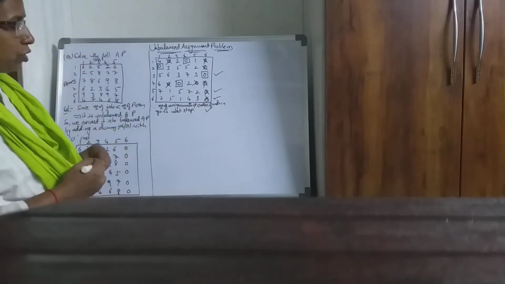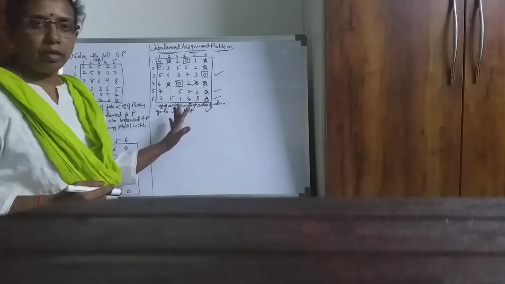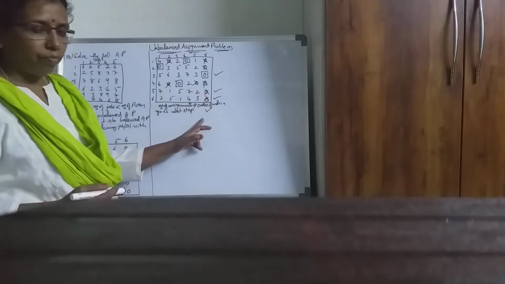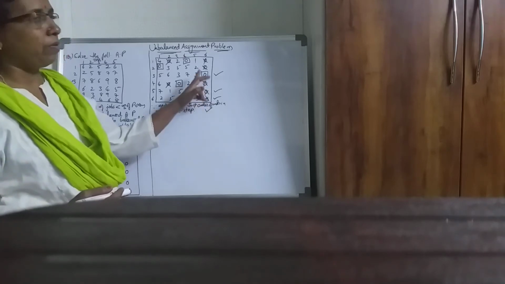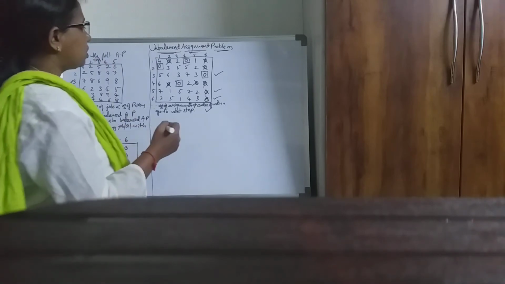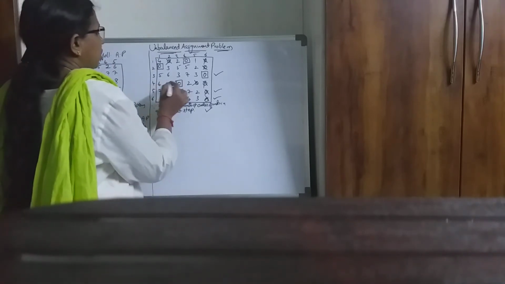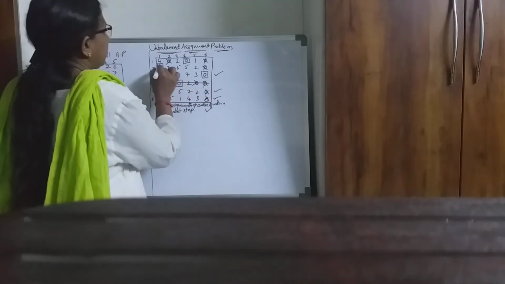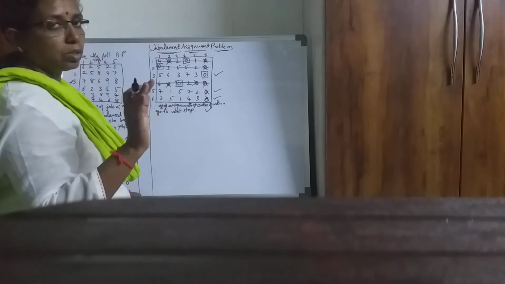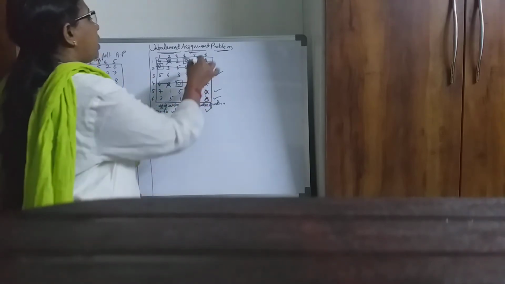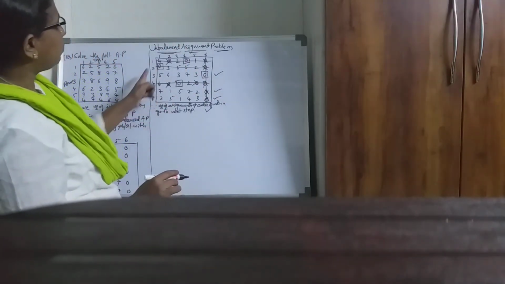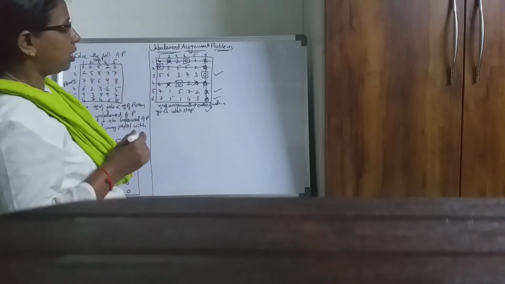Okay. So first you have to mark the rows which don't have any assignment, and in that marked row wherever you have zeros, mark that corresponding column. In this marked column, see where you have assignment, then mark that corresponding row. Now draw lines through unmarked rows and marked columns. Unmarked rows means this row and this row. That means rows which don't have any tick mark. And marked column means the column to which you have put a tick mark. Now see whether all zeros are covered. Yes, all zeros are covered with the lines.